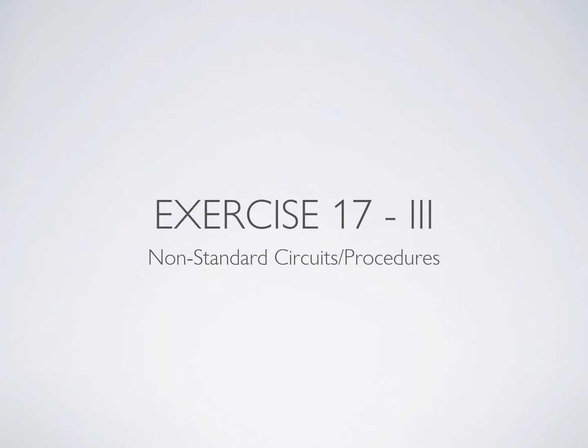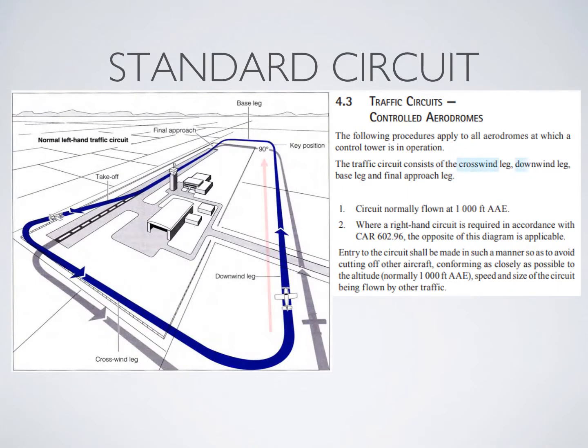Okay, welcome to another ground lesson on the circuit, exercise 17 in the flight training manual. This one will focus on the non-standard circuit and non-standard procedures. So just as a refresher, a standard circuit is left-hand and it's flown in a rectangular shape at approximately 1,000